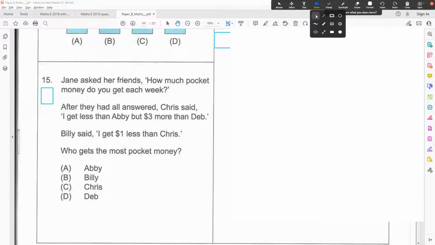Okay. All right. Jane asked her friends, how much pocket money do you get each week? After they had all answered, Chris said, I get less than Abby, but $3 more than Deb. So they're just coming out with all these names. You start with Chris, and Jane is asking her friend, and then Chris replies and talks about Abby and Deb, and then Billy, someone else, says, I get